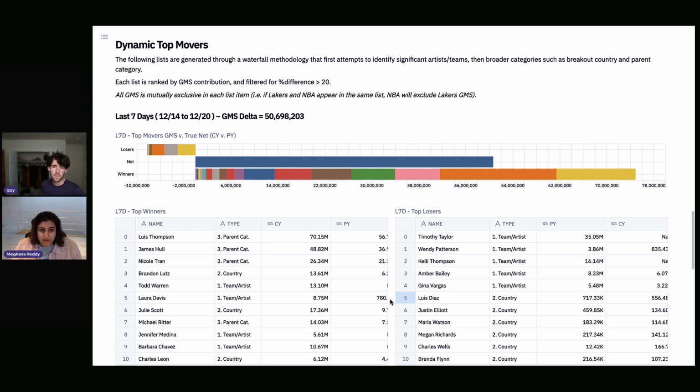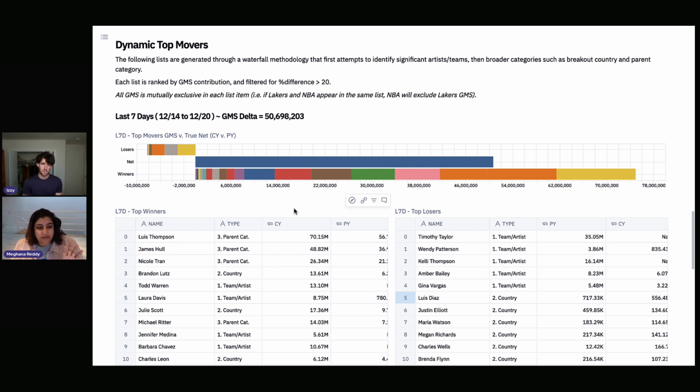So you can see some of the methodology here at the top, but the whole idea with this report and why we built it in Hex is that this list of winners and losers, meaning the biggest gain drivers and loss drivers, will and should change day on day, because events change every day. If it's the MLB postseason versus the World Cup, or when Beyonce's on tour, all of those things should show up and should be called out at different grains of the hierarchy.